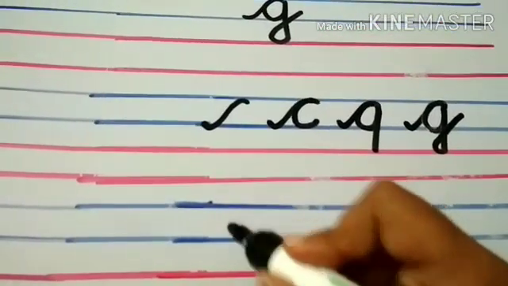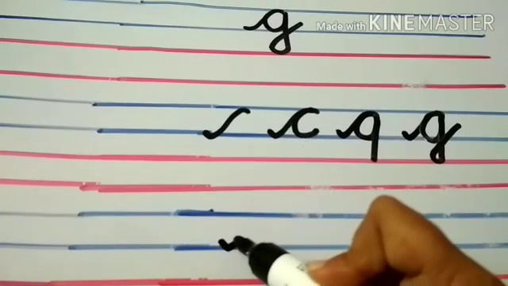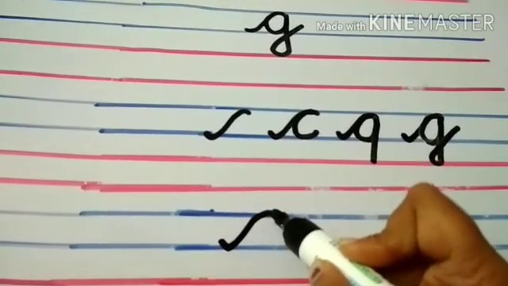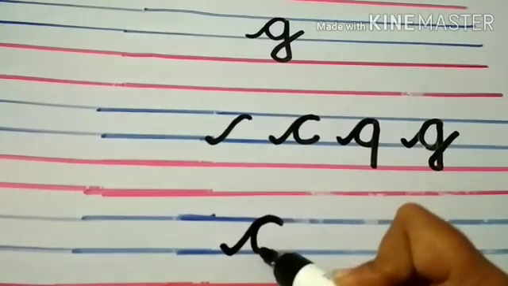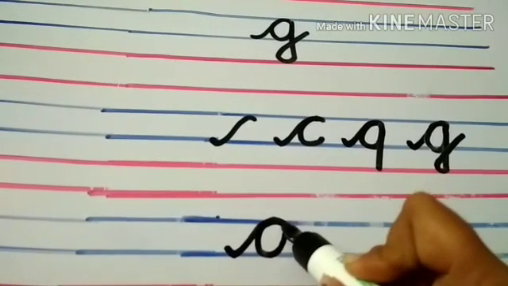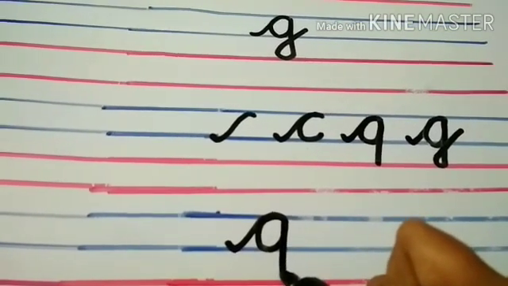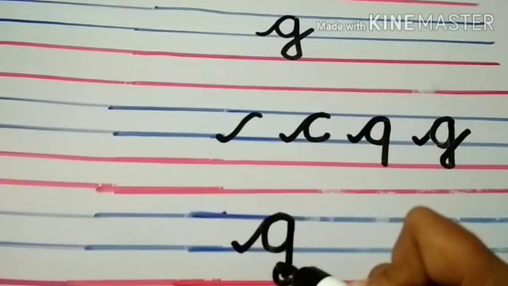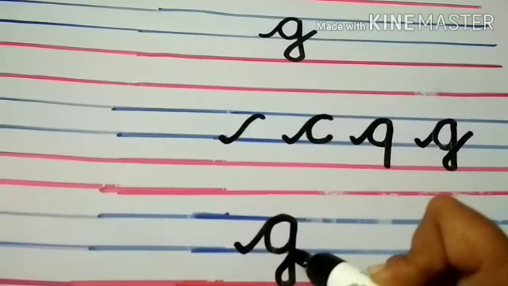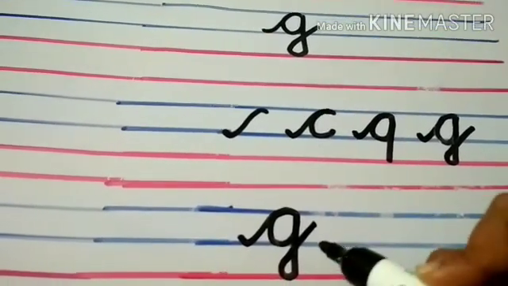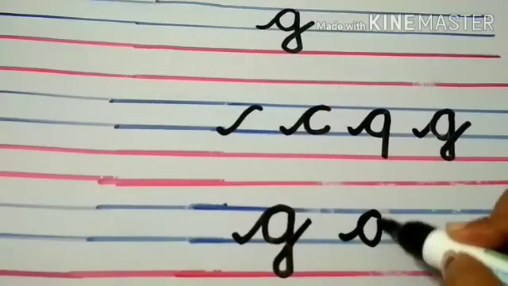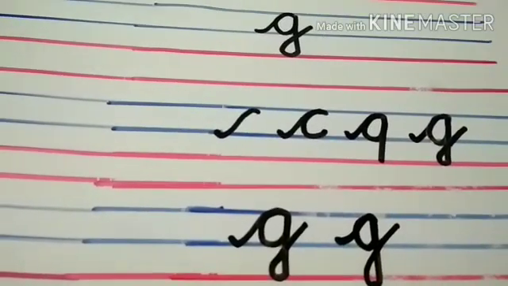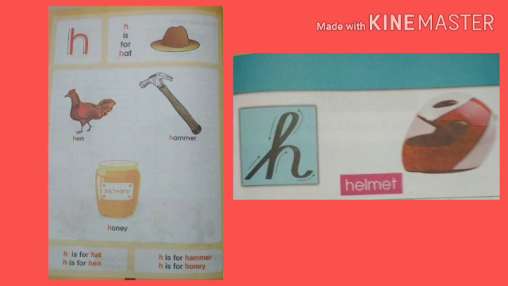Again look, keep your pencil on third line, then make a curve wave stroke till the second line, then make a curve, then go up, join this curve, then come down with the standing line till the fourth line and then give one loop and join this loop to the standing line and take out stroke above the third line. It is called cursive G. Okay children? Now tell me children, after G which letter will come? H. Correct. This is small h and this is cursive H.